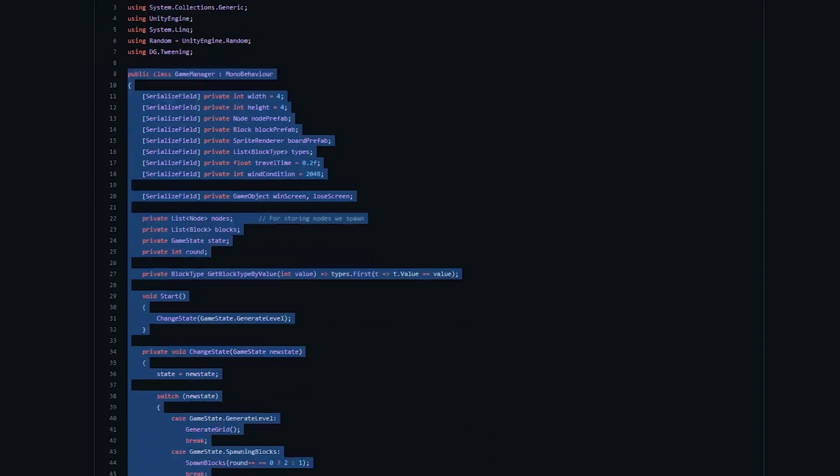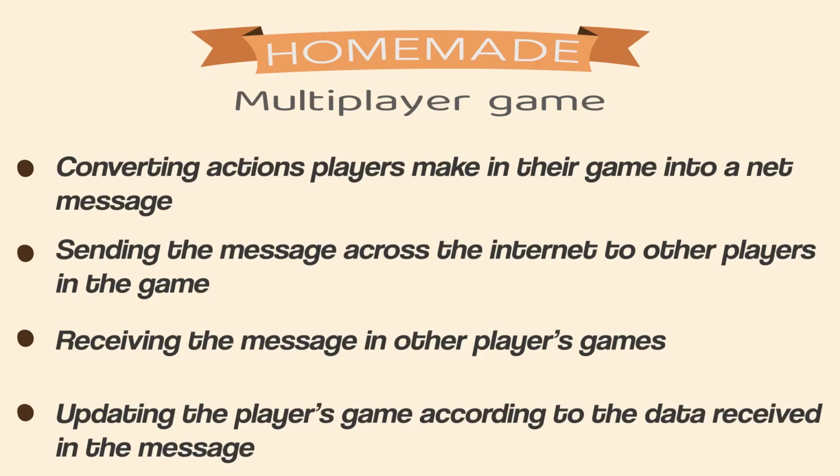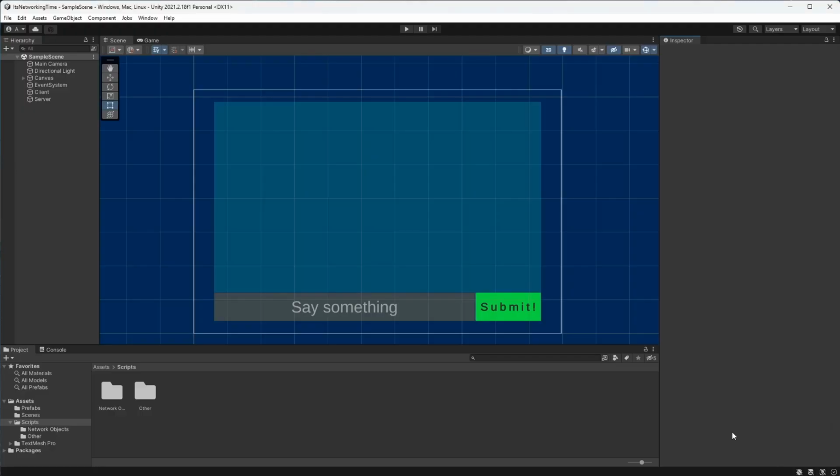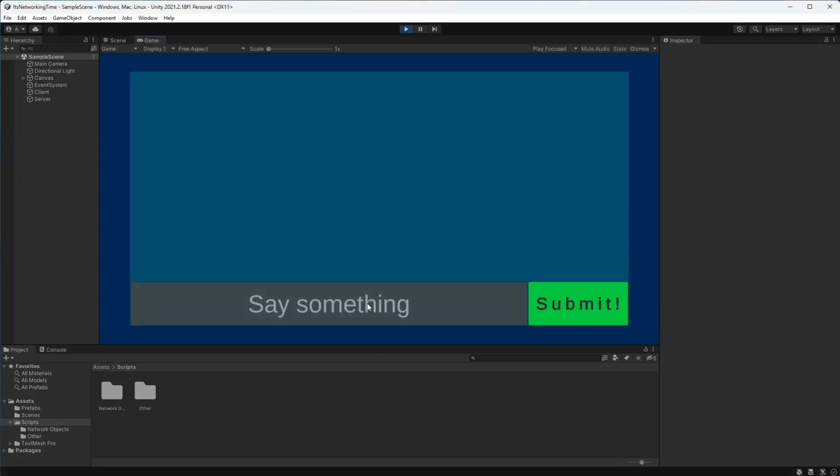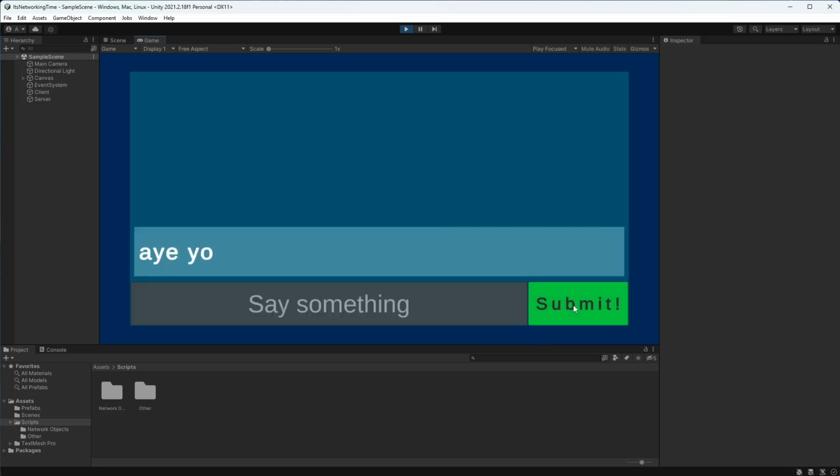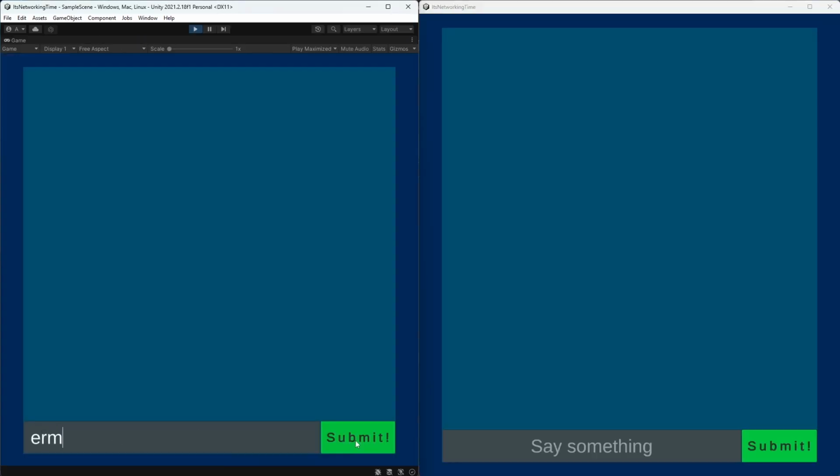Please don't try and copy line for line what I'm about to show you, it's just to illustrate the core networking concepts I've mentioned. Okay, so I'm in Unity, and what I want to do is type a message into this chat box and have this text message be sent to another player in my game. Right now, the message is only posting to my chat box, not anyone else's.